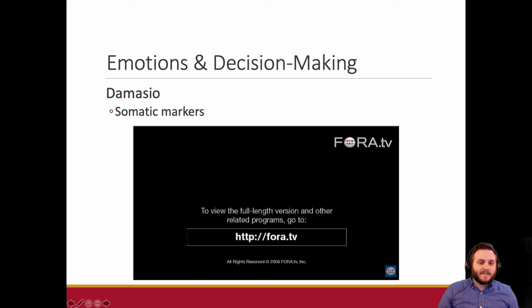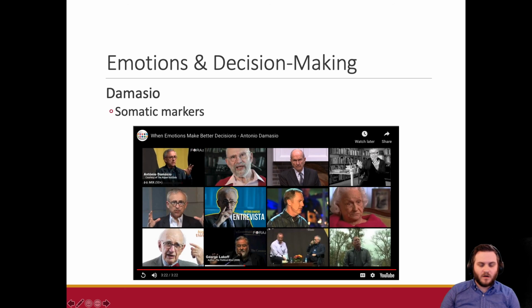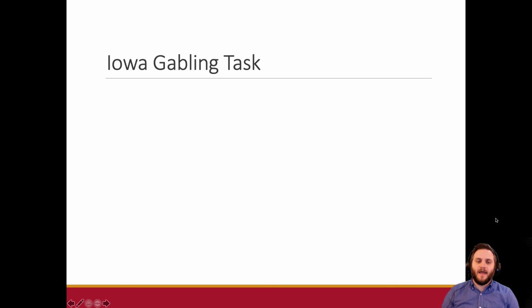So that's the idea behind somatic markers, these biological underpinnings for whatever emotions that we have that then indicate higher order cognition, like decision making and impulse control, and complex emotions like sorrow, regret, elation, complex emotions, right? One of the things that Damasio and colleagues' work is most famous for is the Iowa